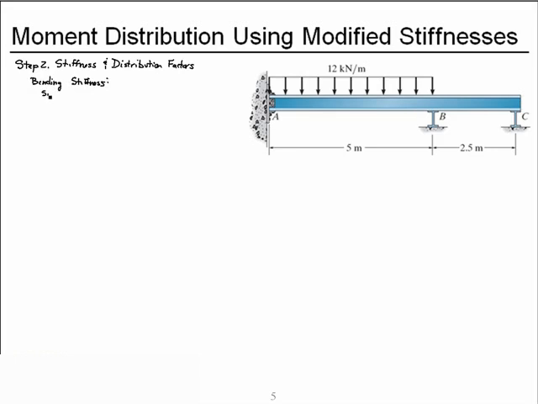Now, since member AB, its ends are either fixed or continuous,